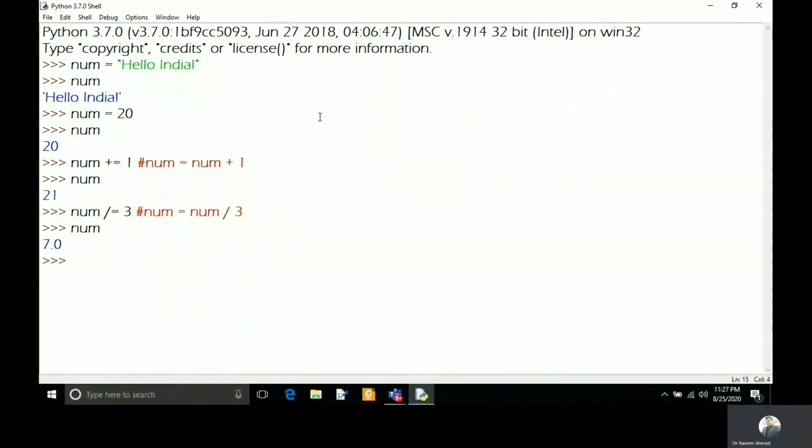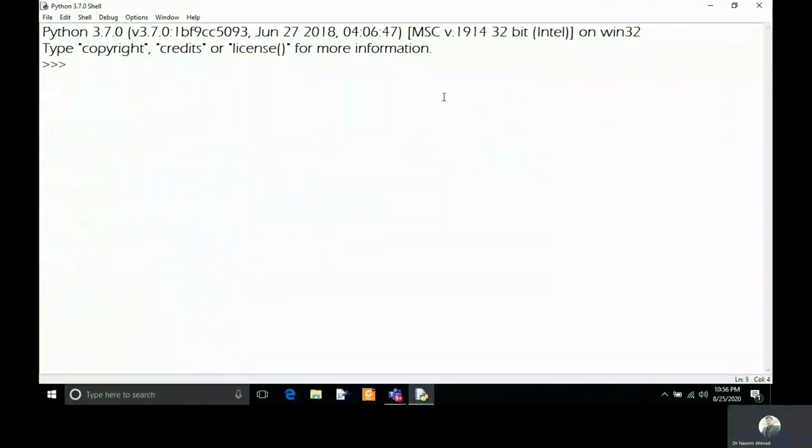Let's move to discuss logical operators. Now let's discuss logical operators. And we know the logical operators are used on conditional statements, meaning they can combine two conditional statements. So let's start with the AND operator. The AND operator combines two conditional statements and it returns true if both conditional statements are true.